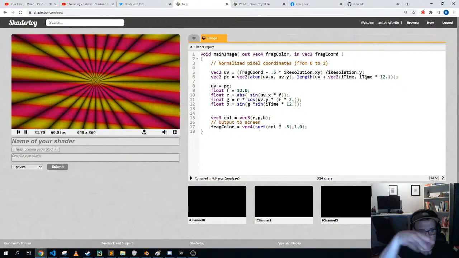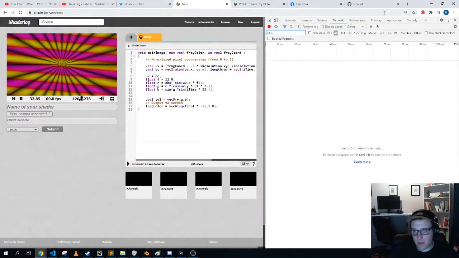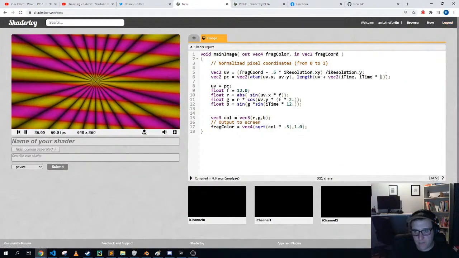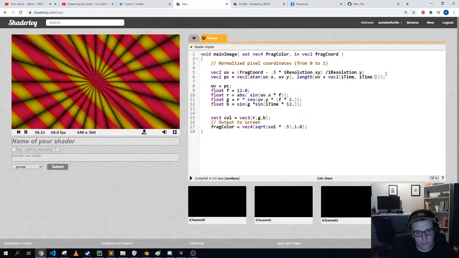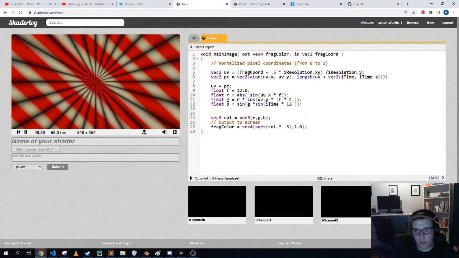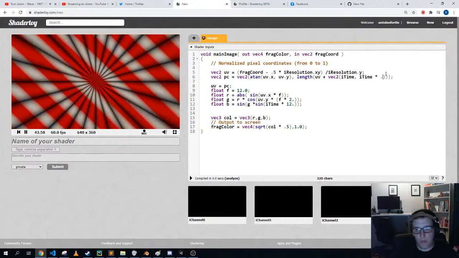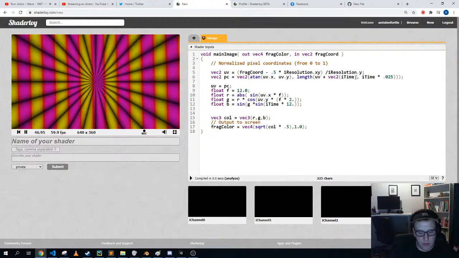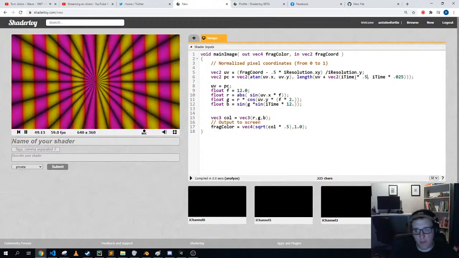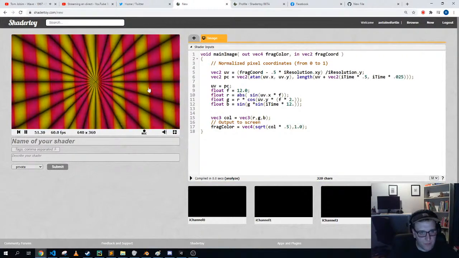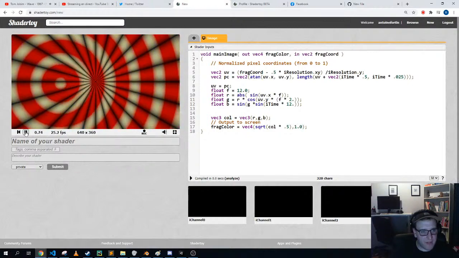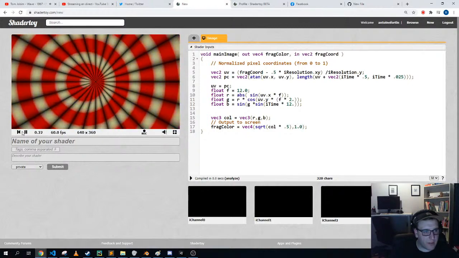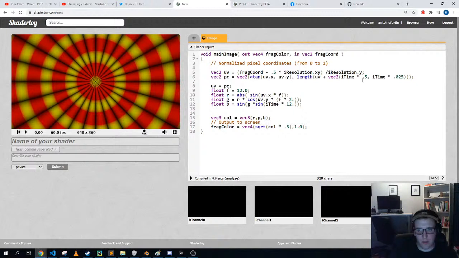12, and now it's going much faster on the y. iTime plus 2, or you know what, times 0.025, and let's just multiply by 0.5 here. Yeah, it's kind of ugly now. Okay, now we see it well. Look, now here's the original UV. And then if we had vec2,